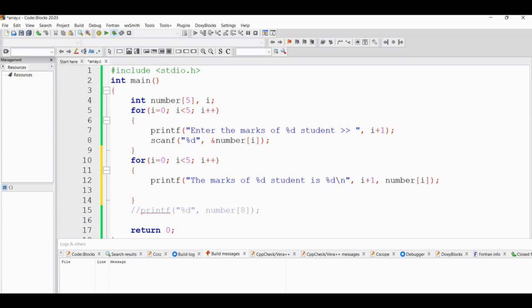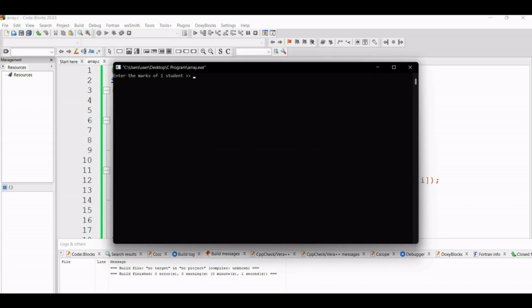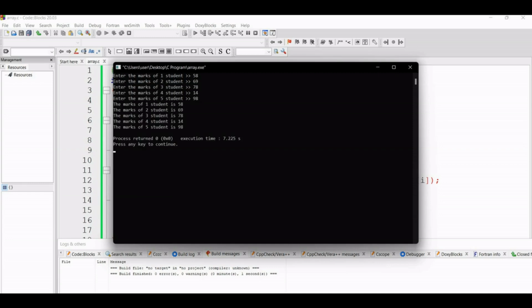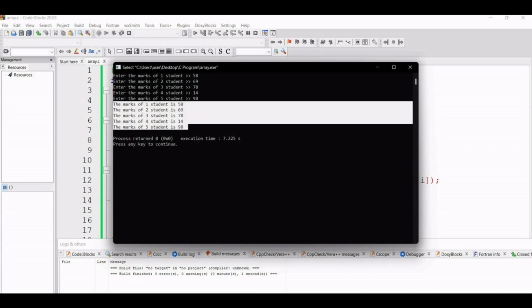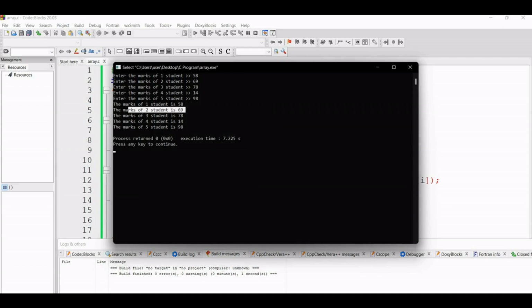So compile and run it again. Enter the marks of first student, suppose 58, 69, 78, 14, 98. Now it's printing the marks of first student is 58, second student 69, in this way fifth student 98.